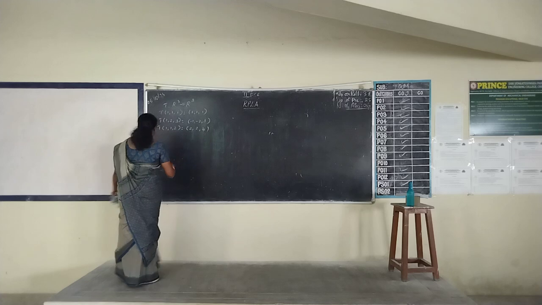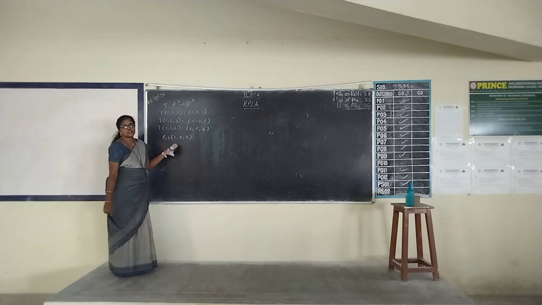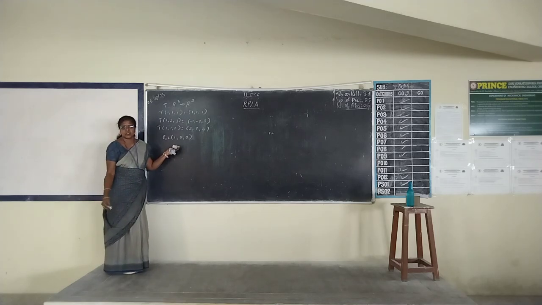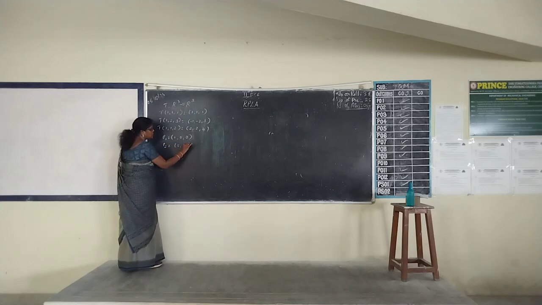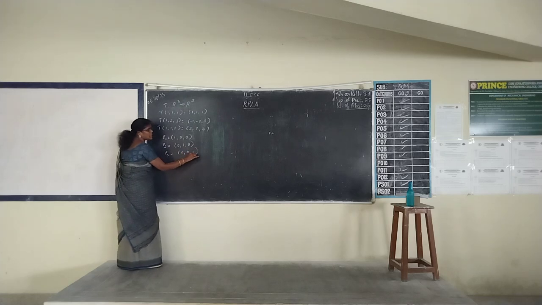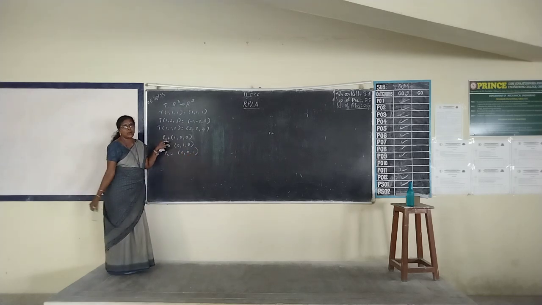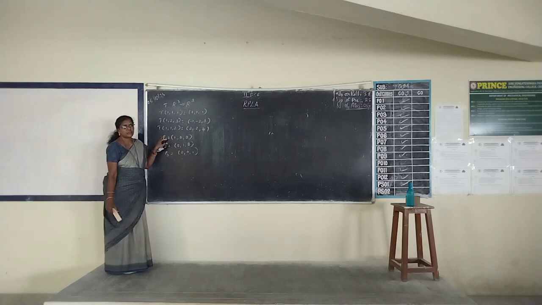Tell me the standard basis. What is E1? (1, 0, 0). Always the first one should be the first basis form. That is the standard basis form. What is E2? (0, 1, 0). And E3? (0, 0, 1). These are the standard basis. Right. E1 is (1, 0, 0), E2 is (0, 1, 0), E3 is (0, 0, 1). Next step, how many vectors are given in the question? 3. Rewrite all these 3 in terms of